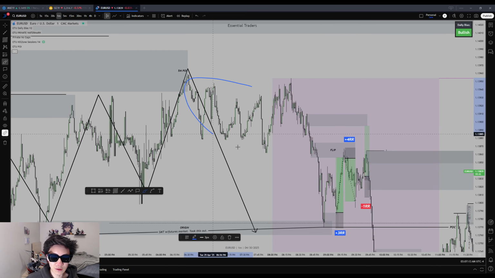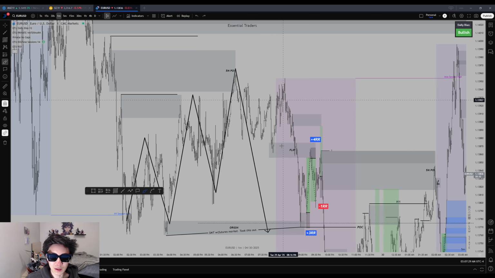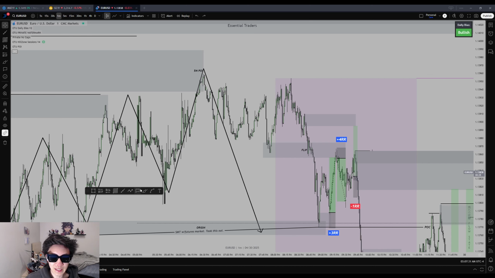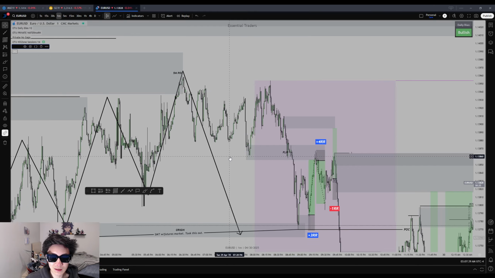Because we had new value created here that created basically new structure, internal swing structure here. And therefore, this flip here is aligned perfectly with the supply and demand, that new internal swing structure. So you can see how this used to be demand here, and this here basically flipped it into supply. So when we have things like this align,